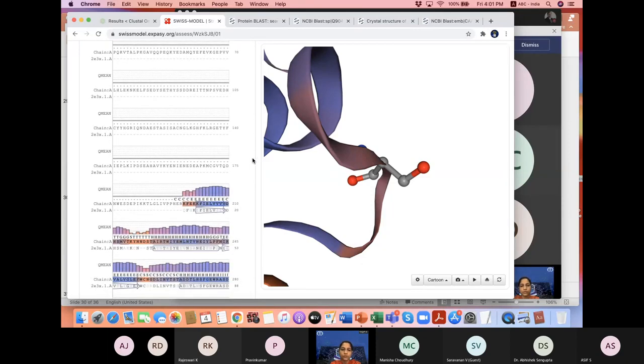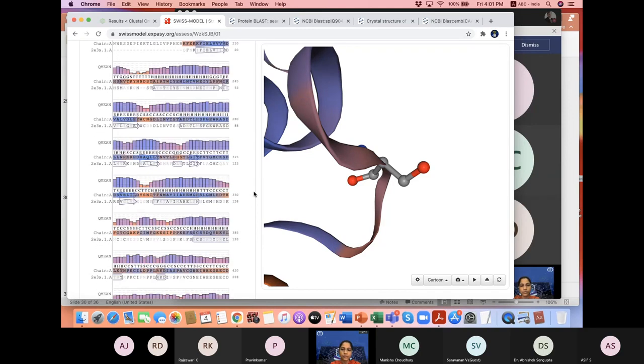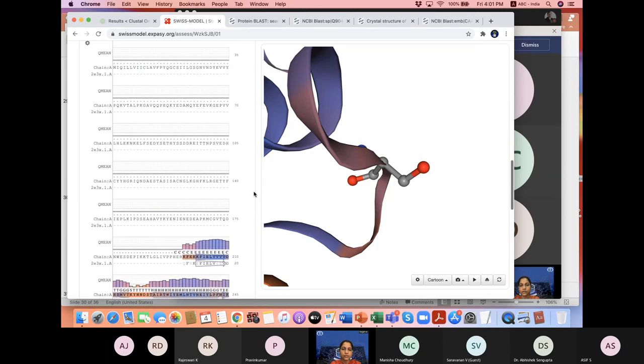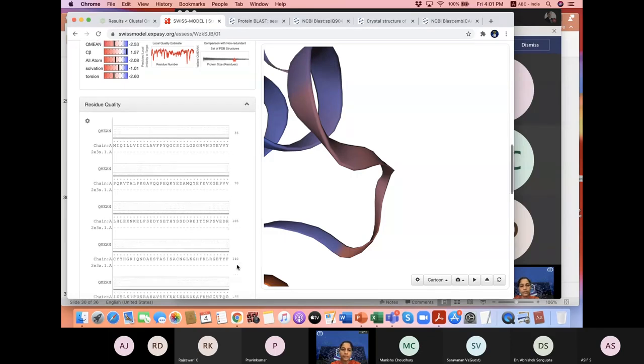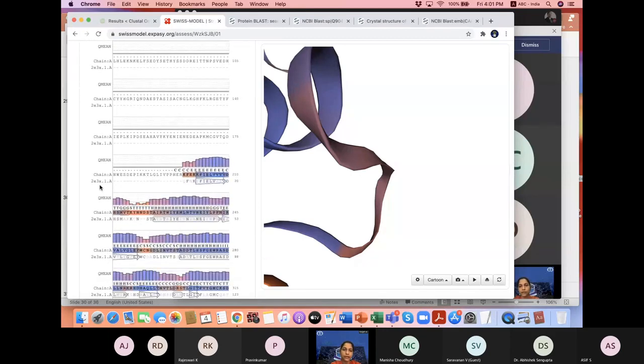Now if you look here, this is how the alignment looks. See, for this part of the sequence we did not have any identity. We have chain A information for these residues, that is, these residues are present in our query sequence, the sequence we wanted to model, but these residues are absent in the template.